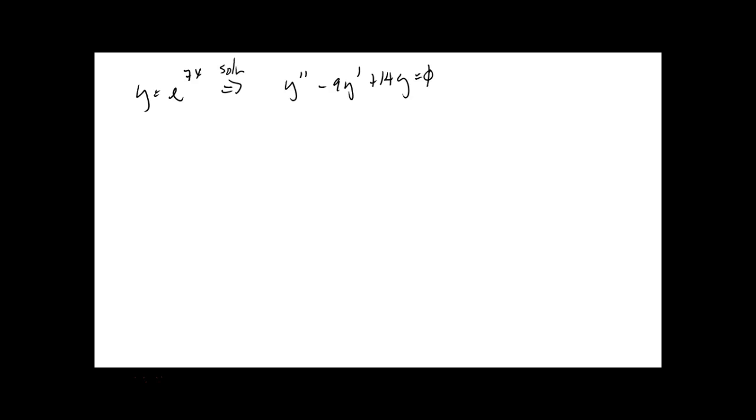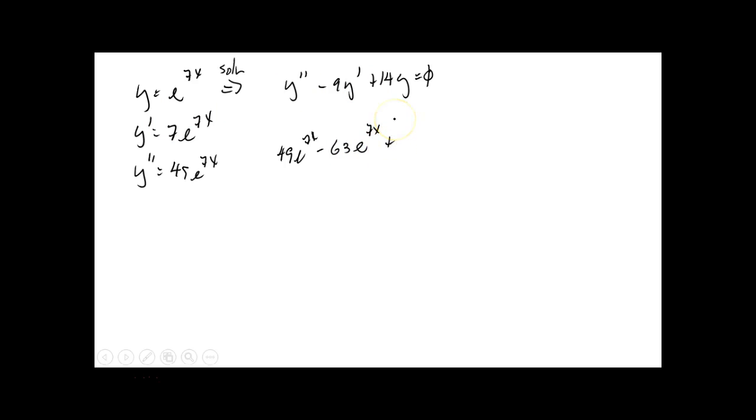Then any constant multiple of that, we'll call it y. Now, we haven't really verified it yet. You want to do that quickly? It's not that hard to do. Well, how would you verify it? y prime is equal to 7e to the 7x. y double prime is equal to 49 e to the 7x. So y double prime would be 49 e to the 7x minus 63, 9 times 7, 63 e to the 7x